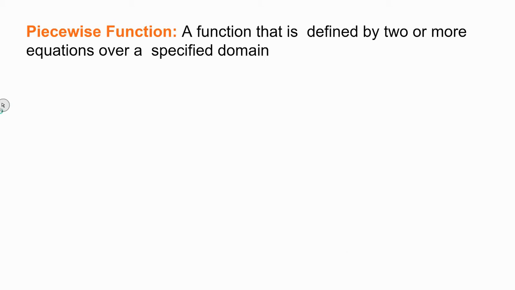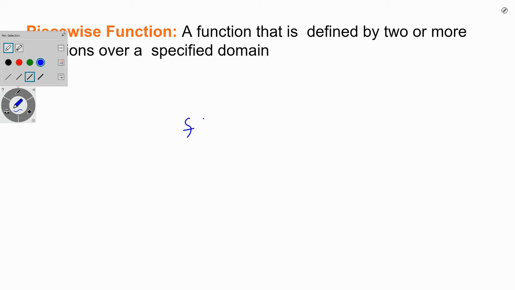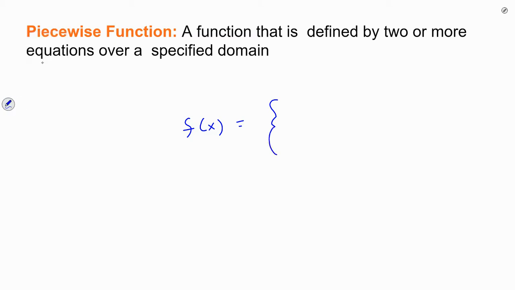Now, the general format for a piecewise function is this. We start by naming our function, so we'll start with just a basic f of x. Then we use a curly bracket. The curly bracket is used to put our rules together. Next we have the rule,